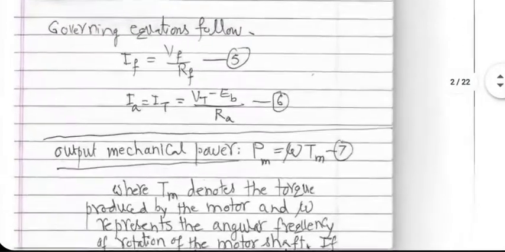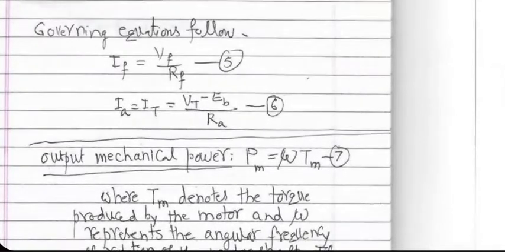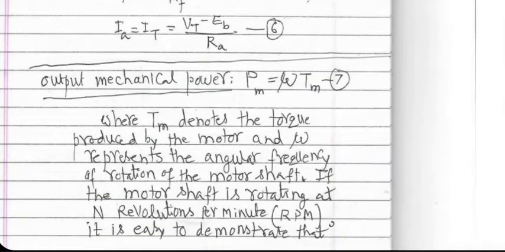In any case, the mechanical power output PM is related to the corresponding torque Tm by this simple equation 7. Omega is 2 pi n divided by 60. N means capital N, RPM. The units for torque are Newton meter in the MKS system. If no mechanical losses are given, you can simply say PM equal to PE equal to EB into IA. We will be doing that in many cases.